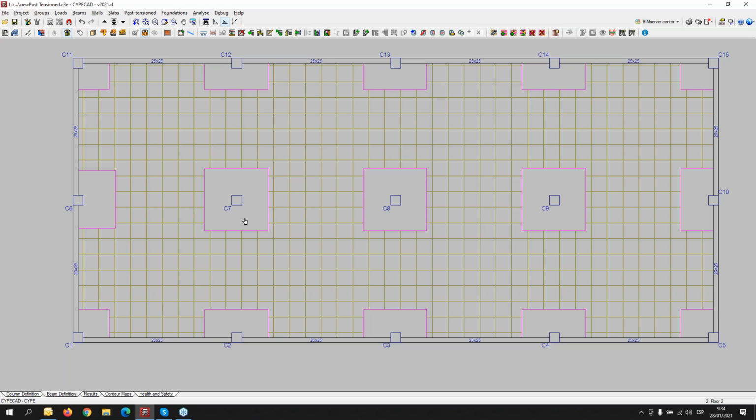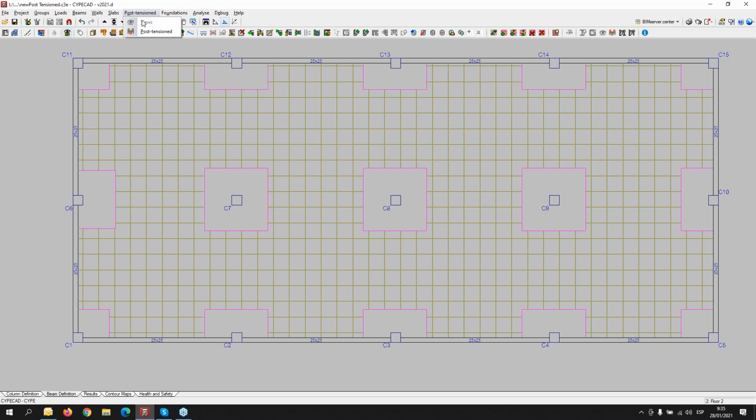So like that, we have the area of the forms and the massive area near the support in order to resist the punching shear. So we have these elements,